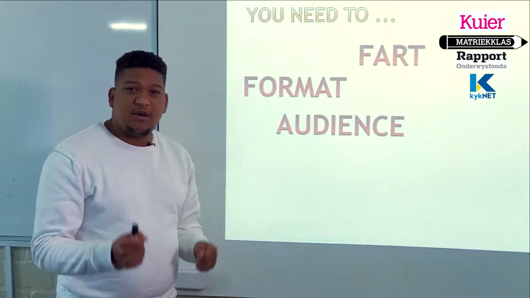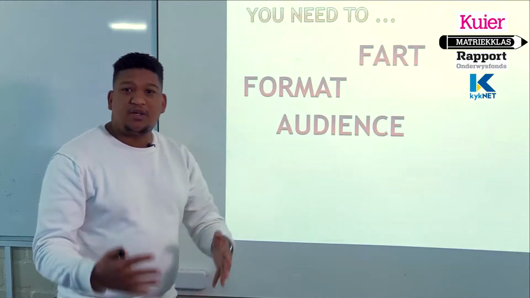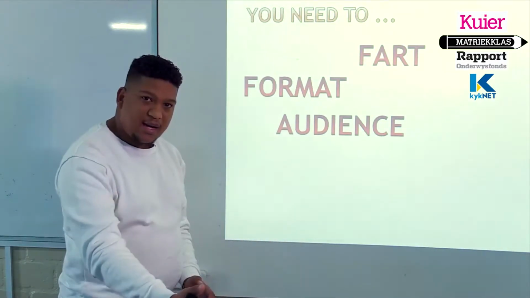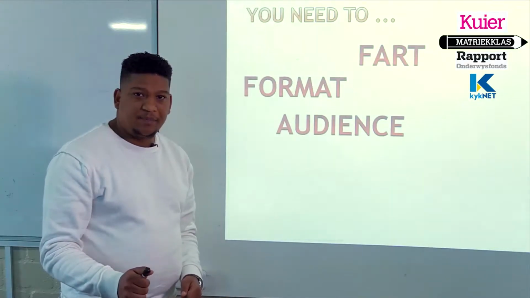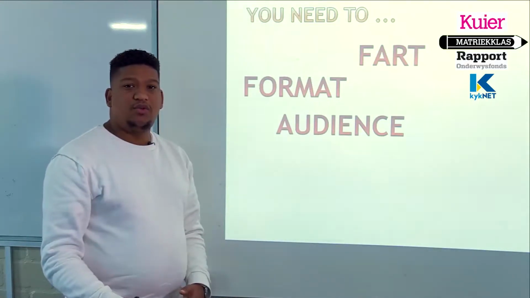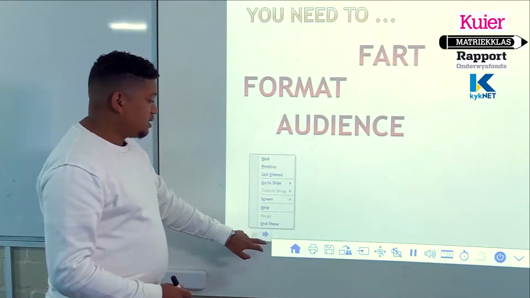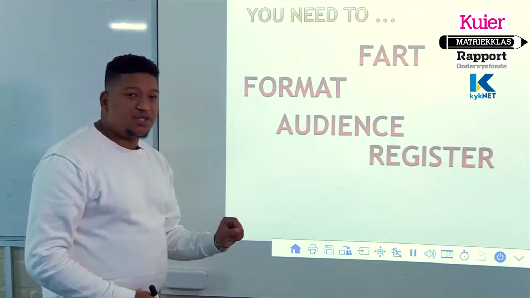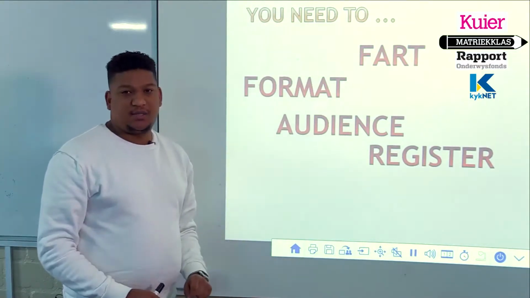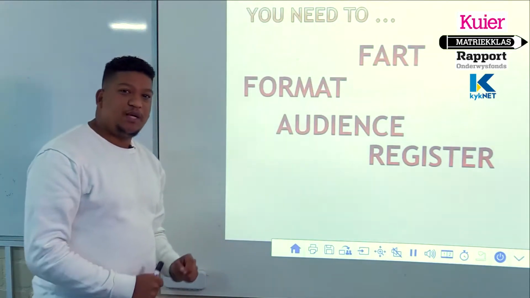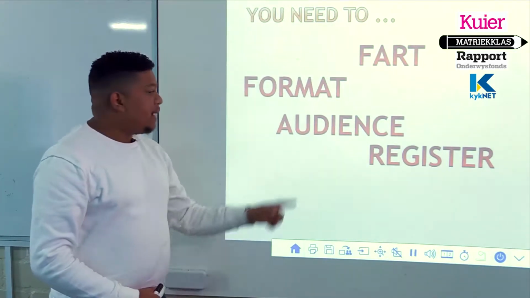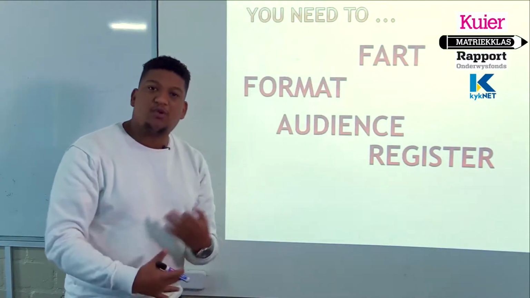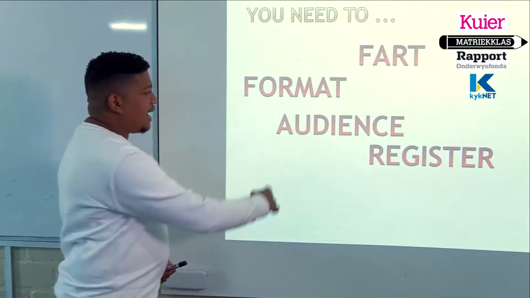So my audience is going to either be, for example, if I'm going to present a speech to the school, my audience would be my teachers and my fellow learners, right? So obviously, I would then stick to a formal register. But if I'm going to speak to my friend in a dialogue, my audience is my friend and my register would be informal, casual, because it is my friend. So it's important that I note those 3.